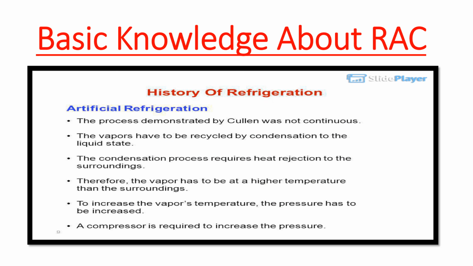History of refrigeration. Artificial refrigeration. The process demonstrated by Cullen was not continuous. The vapors have to be recycled by condensation to the liquid state. The condensation process requires heat rejection to the surroundings. Therefore, the vapor has to be at a higher temperature than the surroundings. To increase the vapor's temperature, the pressure has to be increased. A compressor is required to increase the pressure,